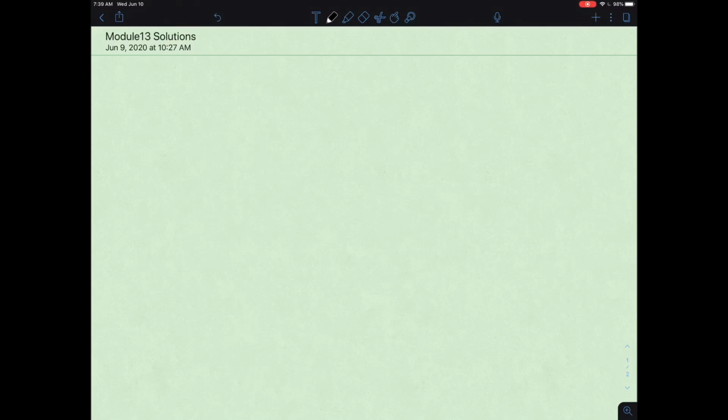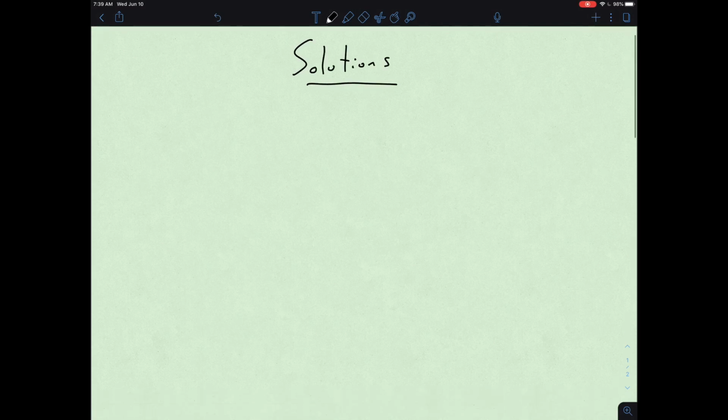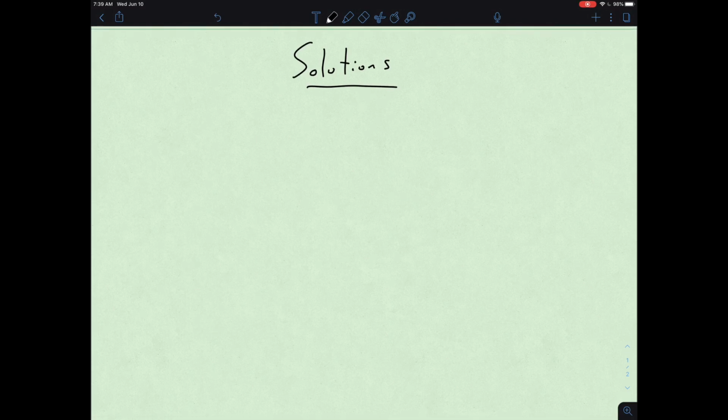Hello, Gen Chem Nation. We are talking today about solutions. We've already talked a little bit about solutions in part 1 of general chemistry, and now we're going to get into a lot more detail with the second piece of this idea of solutions. So let's walk through some terms. I'm hoping that this is review